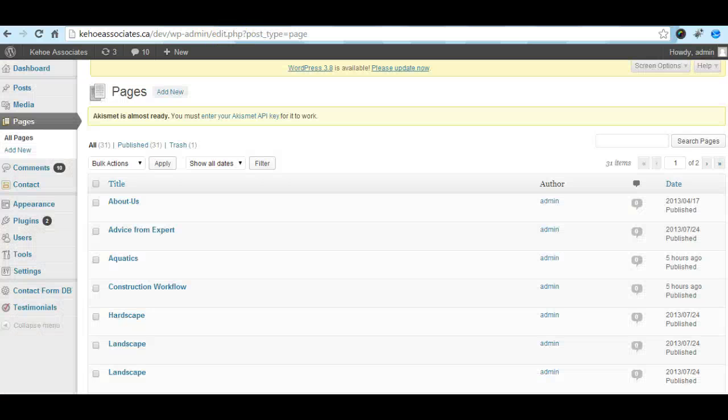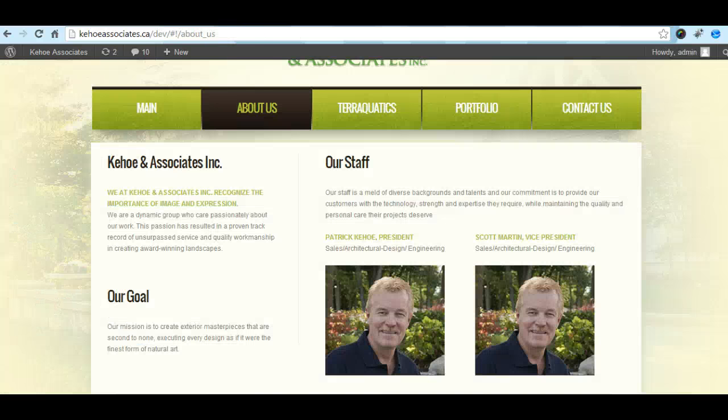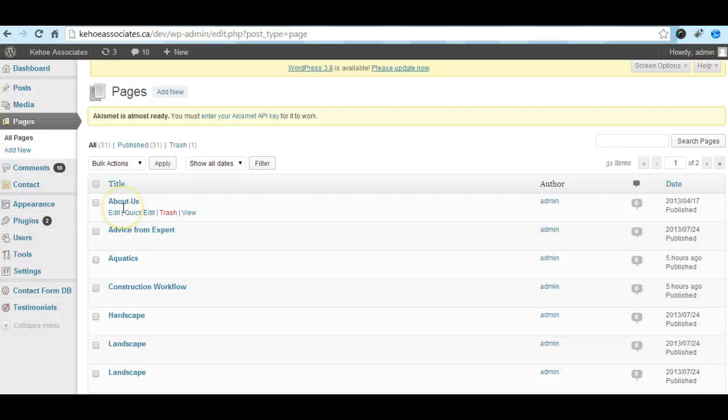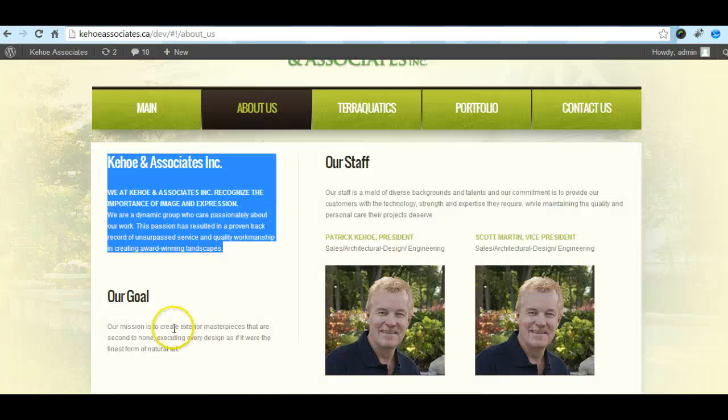Again, if you are on the About Us page, you will see that here we have 3 sections. So you will find here in the pages that you can edit each one of these sections. Okay, this is the About Us, Our Goal, Our Staff. Here I added this page twice since I didn't have the Scott Martin